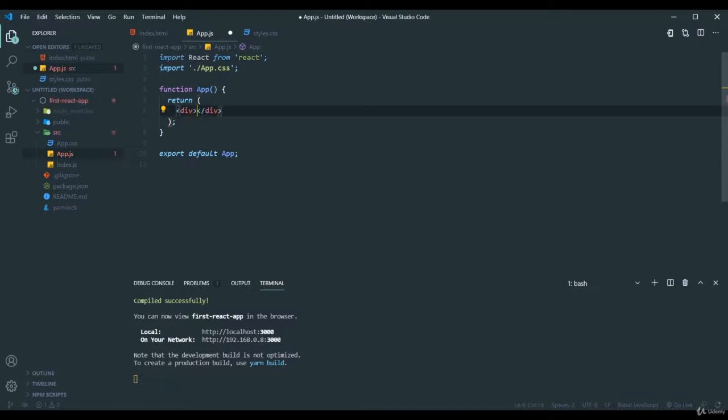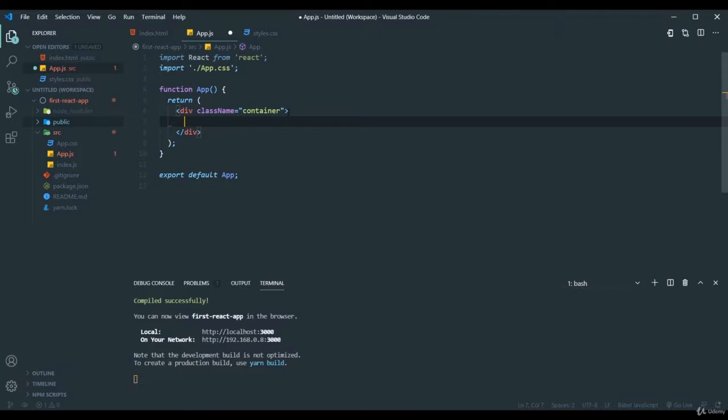The next thing is, here I'll just remove it. Here I'll create a div. In HTML, if you know HTML, you might have given it as class, and you might have given the class name whatever you want. But in React, it's not class. In React, you have to give it as className. This is a small difference between normal HTML and React. So here I'll just give the name as container. The style for this class name has been already added in the public folder's style.css file, which can be used anywhere in the entire React app.